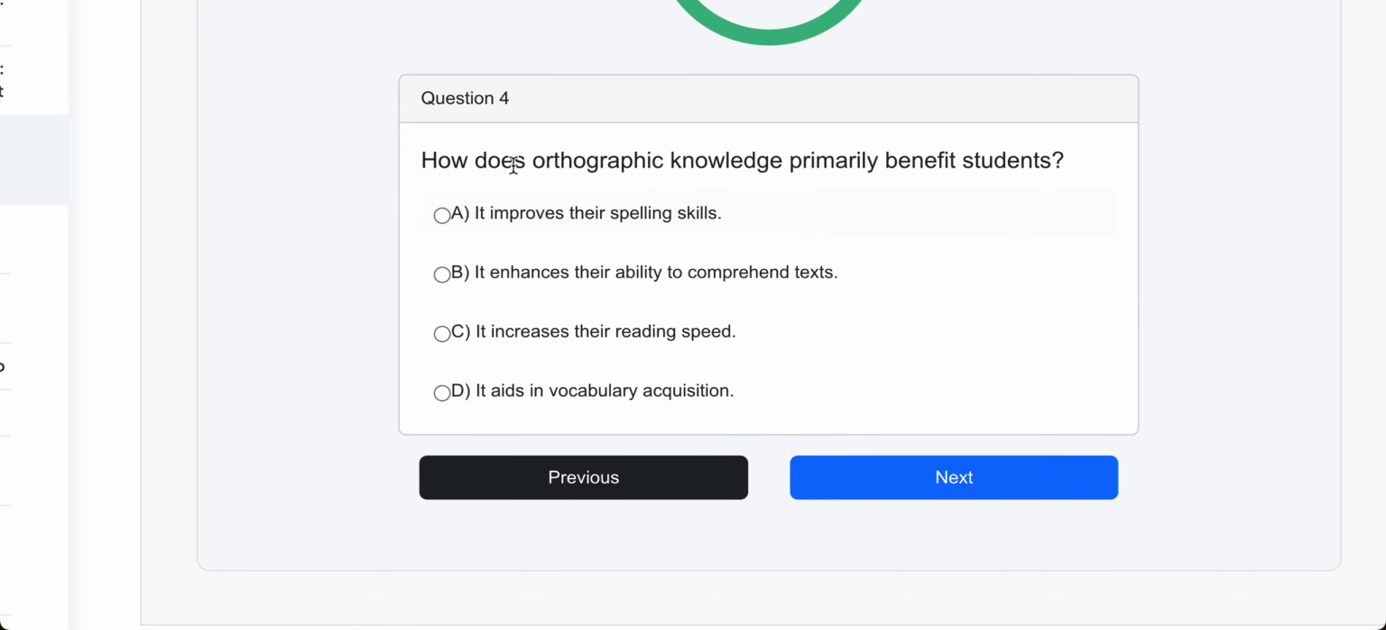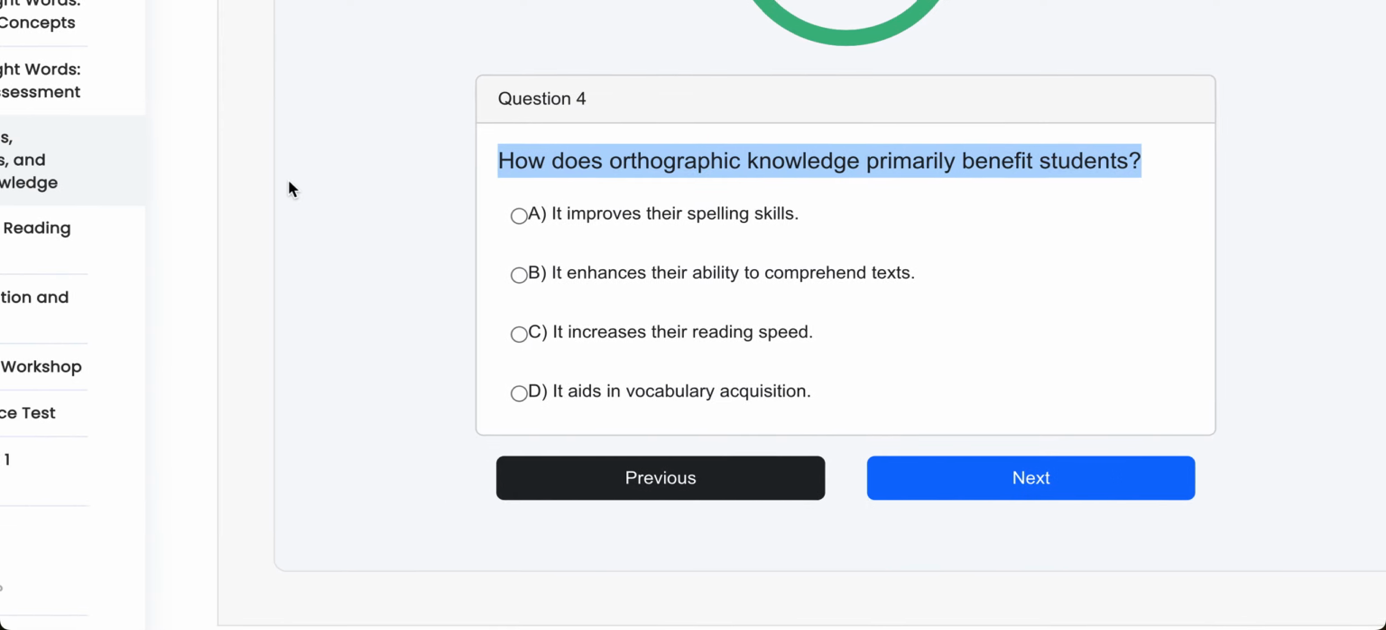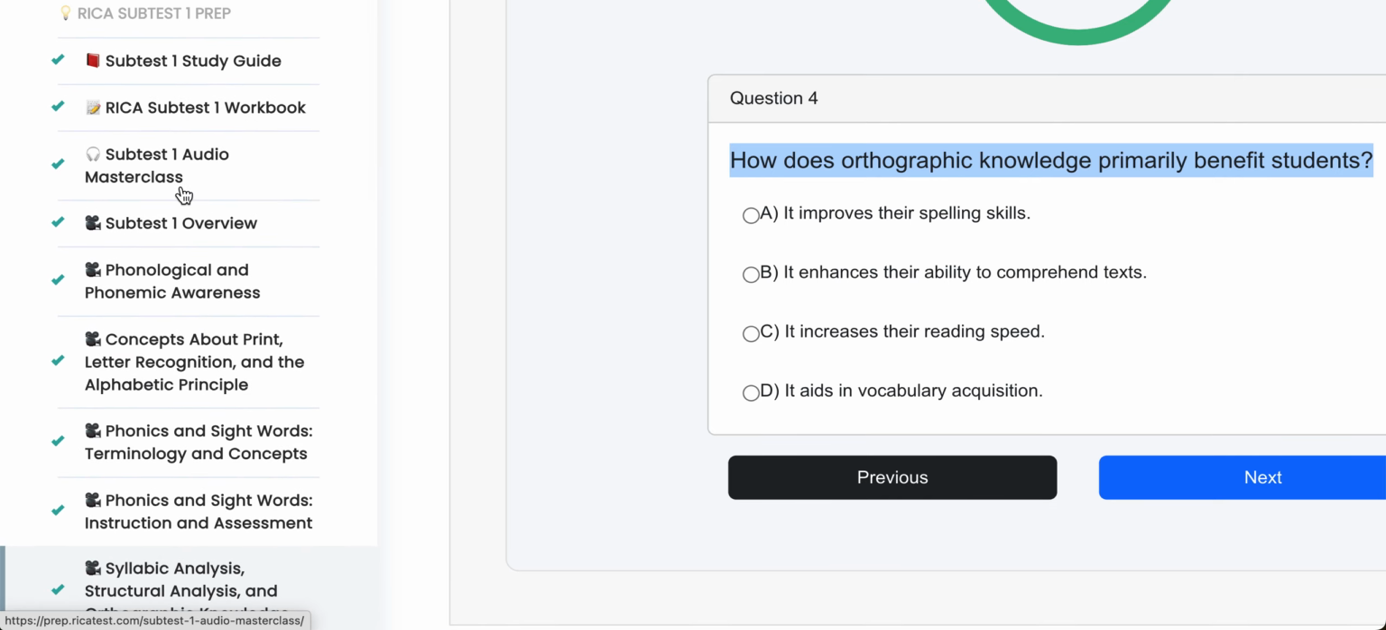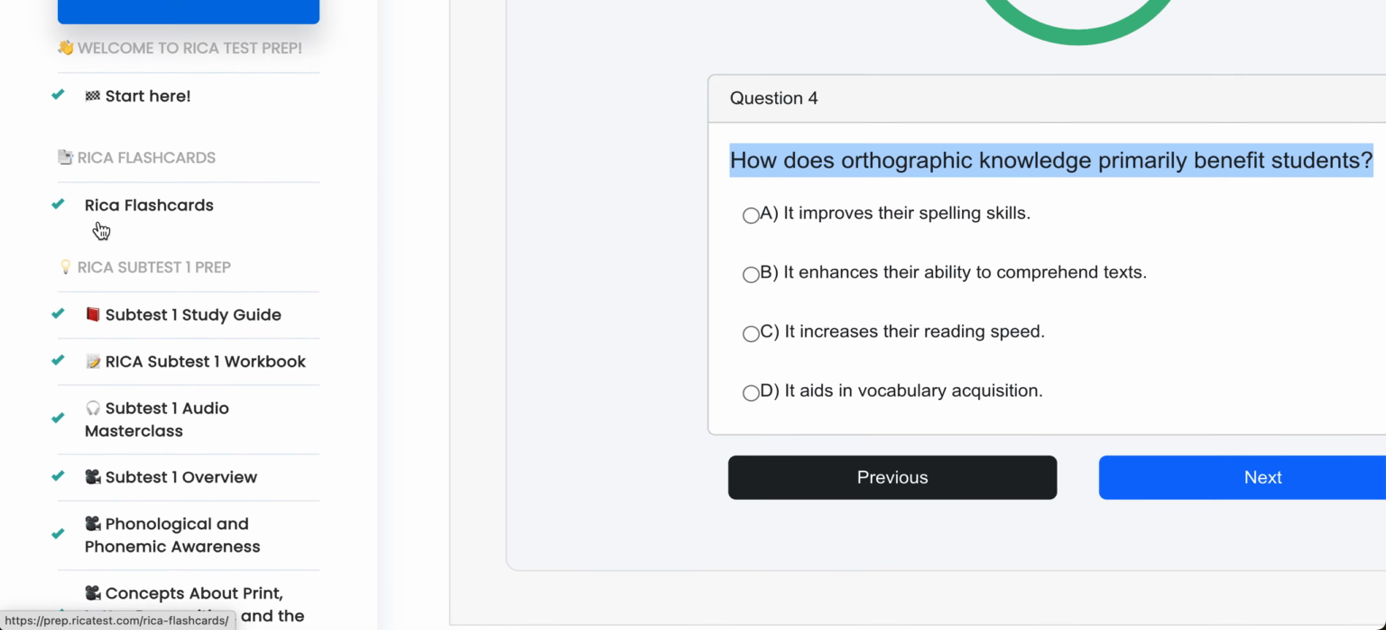Moving on to question 4, how does orthographic knowledge primarily benefit students? And this is exactly what I'm talking about. Instead of just using the word spelling on the Rica test, you'll see words like orthographic or orthography or orthographic knowledge, and it just means spelling. But you need to get these technical terms, and in case you just want every single term that you need to know in order to pass, make sure to